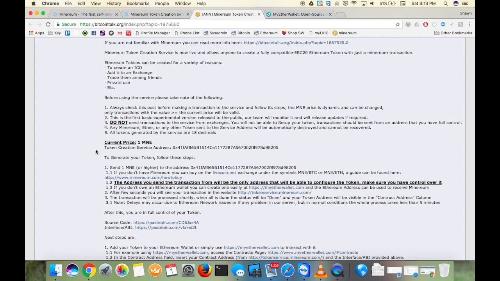There's a couple important things to note on this page. First, make sure you're using MyEtherWallet as it enables you to actually set up the token. Second, make sure you always check the price here on this page as it'll change depending on demand. Right now, it's 1 Minereum. If the price changes and you don't notice it, you're going to end up burning Minereum and not getting anything in exchange. So to get this token creation process started, you simply need to send 1 Minereum from your MyEtherWallet